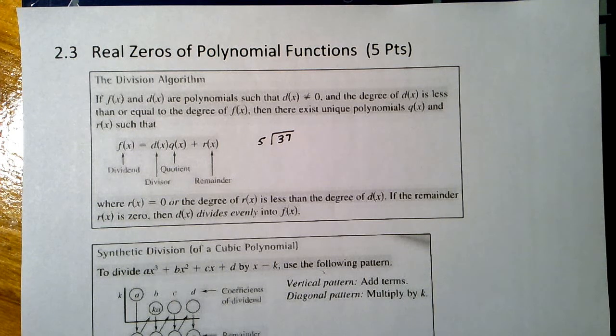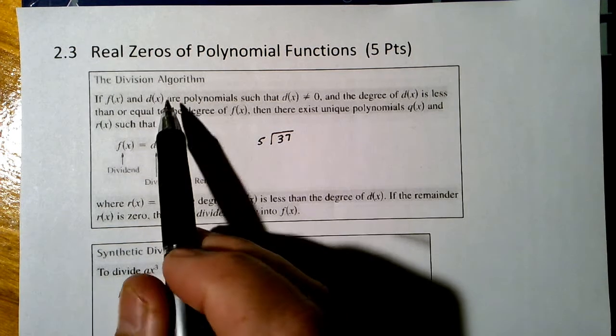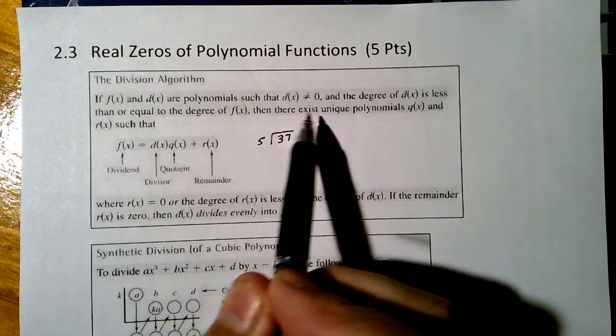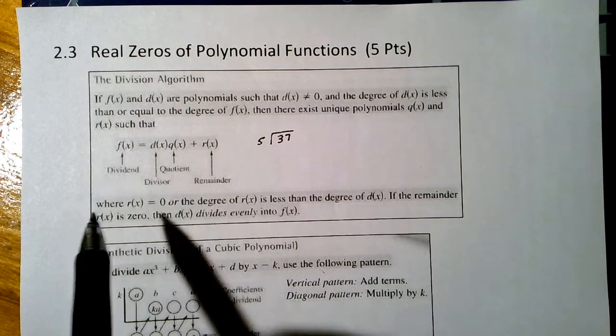Welcome to 2.3, real zeros of a polynomial function. The hunt for zeros is on now, and that's much of what we're going to be doing for the next couple sections. And here we have the division algorithm, and I invite you to read through this, but we've got